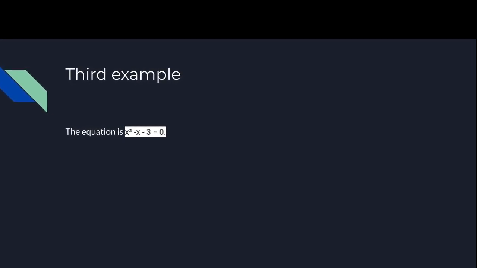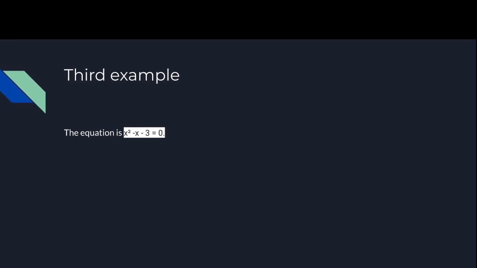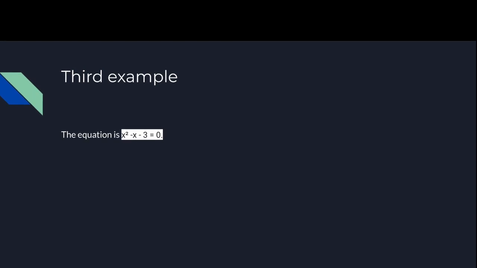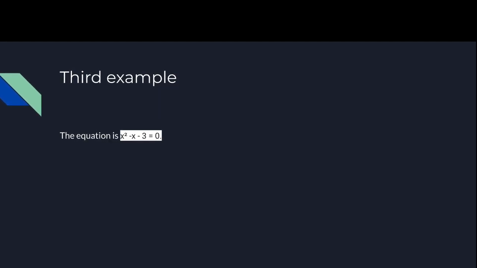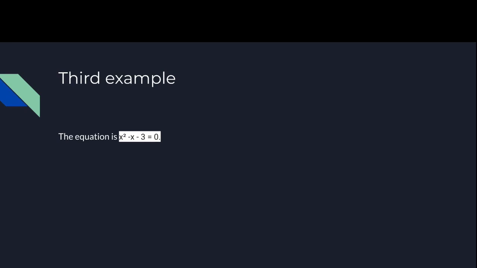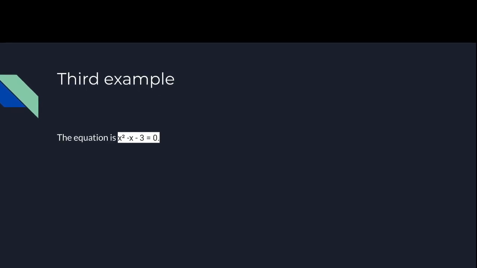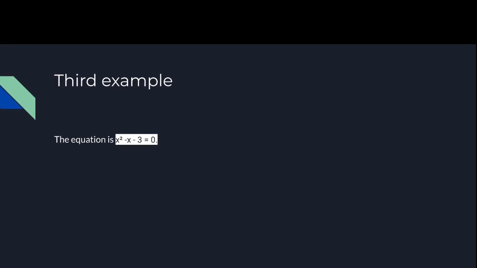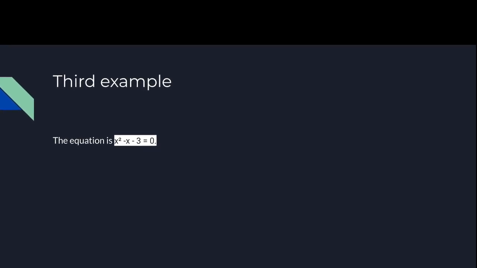For the next example, the equation is x squared minus x minus 3. In this one, we're going to move through a little quicker, and it's a little more simple. So, as you can see, when it's x squared, that means there's a 1 in front of that, so a is 1, b is negative 1, and c